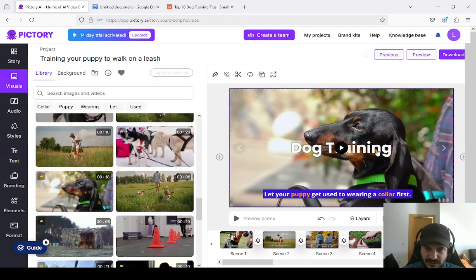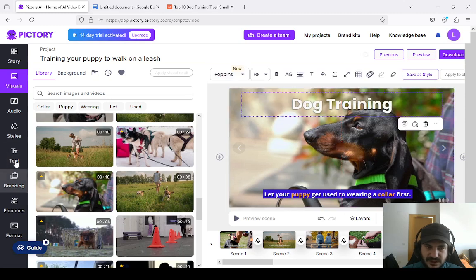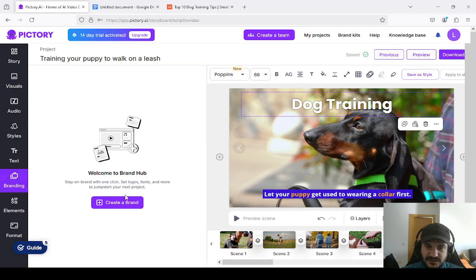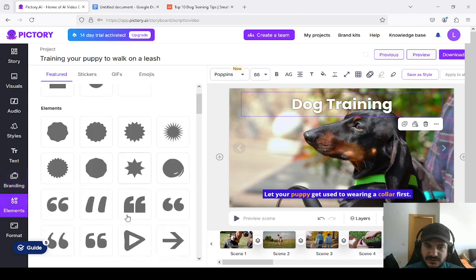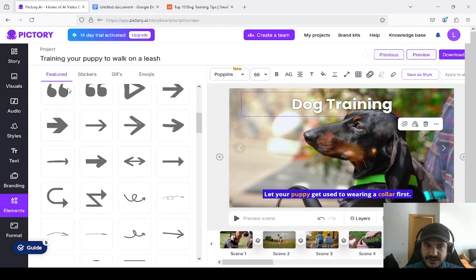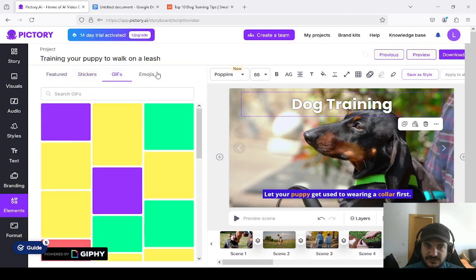Okay. Now you can see it added also a text. You can place it on a different place if you want. Then there is also this option here, a branding, where you can create your own brand. If, for example, you want to put your own text format or a logo, if you do a video presentation for a company, then there is this option element where you can put different elements or stickers or GIFs or